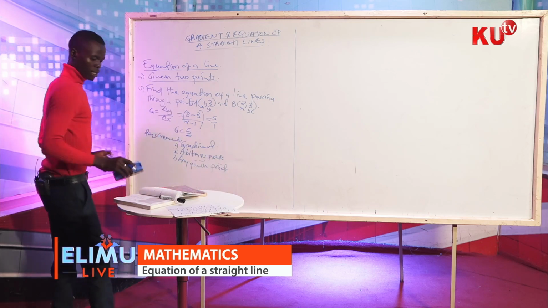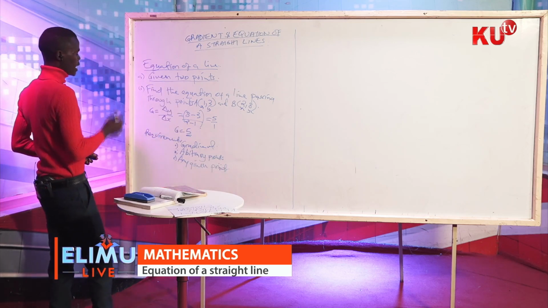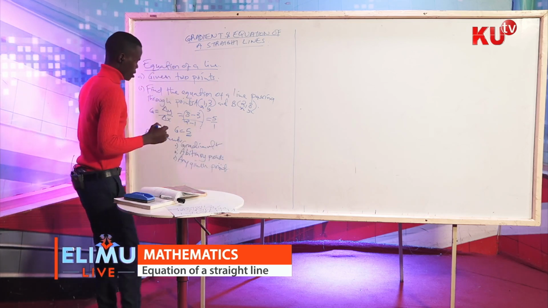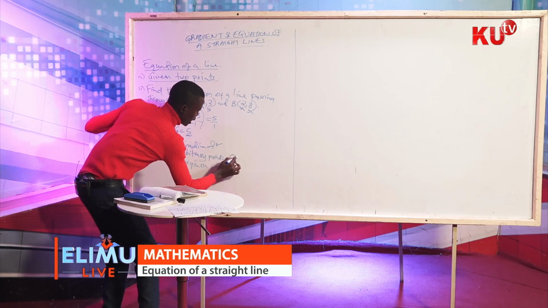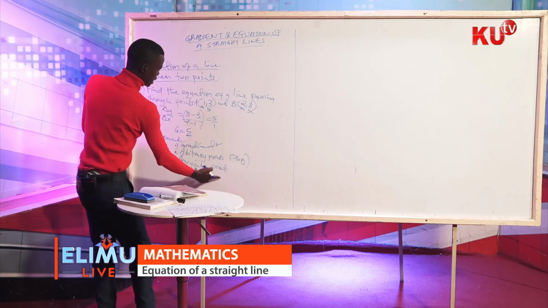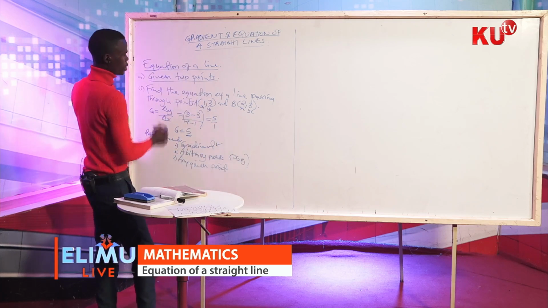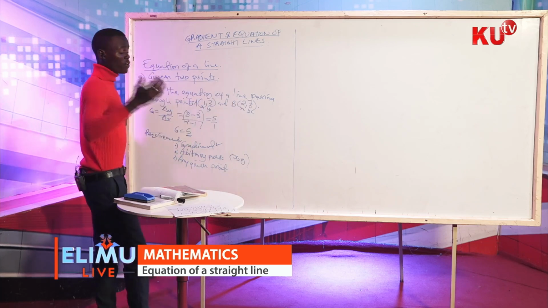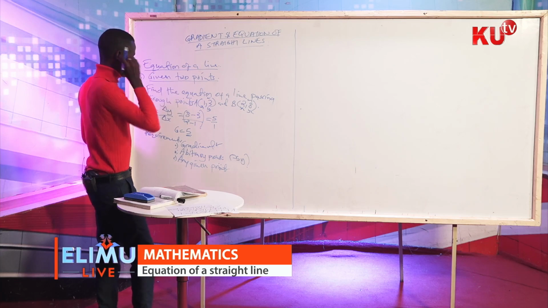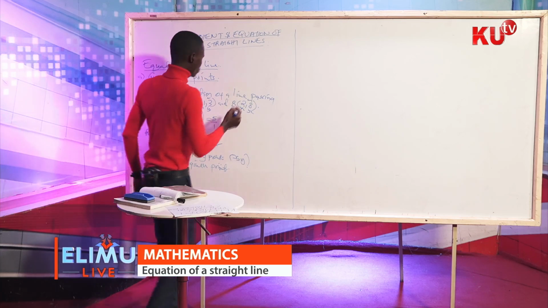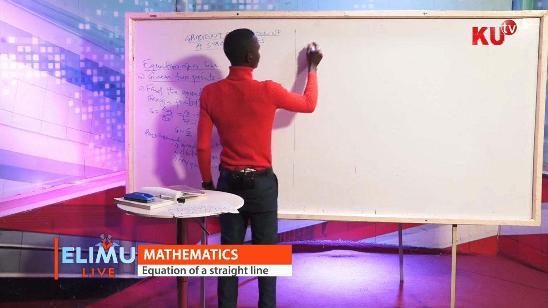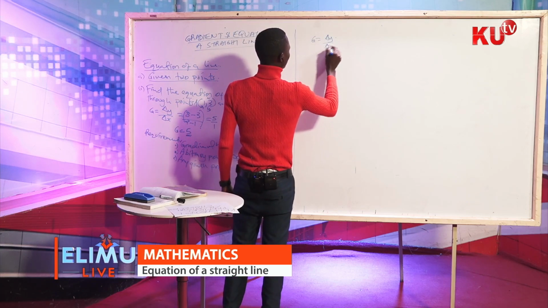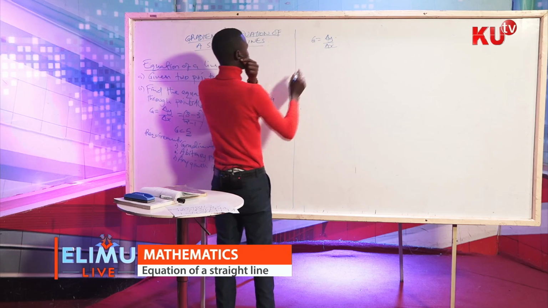We have got gradient, arbitrary points, and any given point. So now in our case, we have got the gradient. The arbitrary points are always x, y, and in any point given, you can either use A or B. Whichever you use, you are going to get the same answer. So what do we do? We just say gradient is change in y over change in x, which we know to be 5,